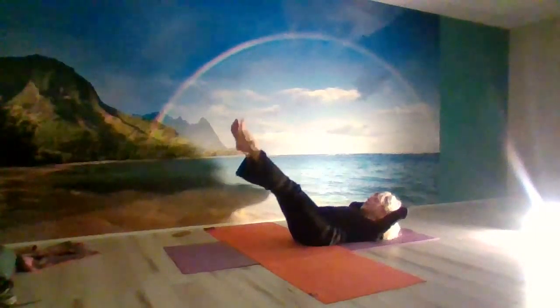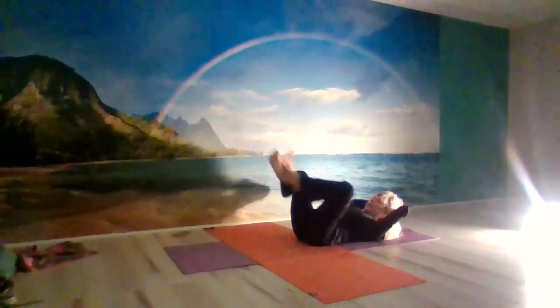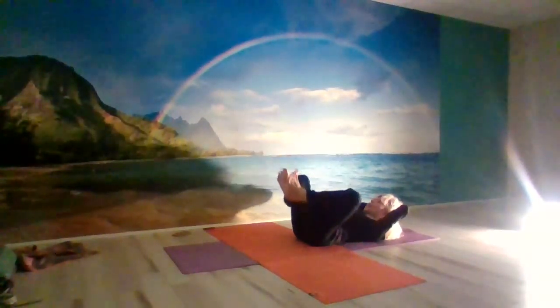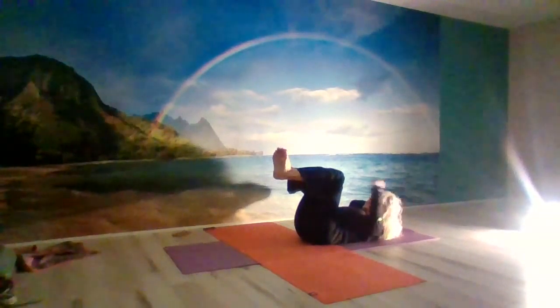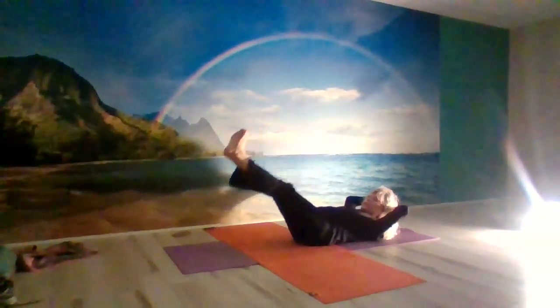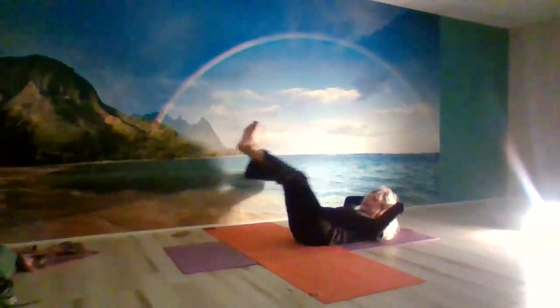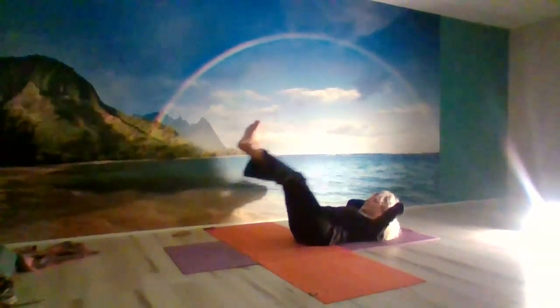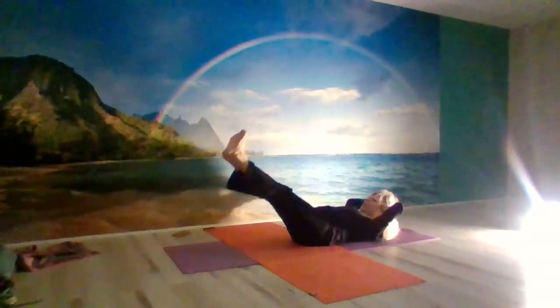Arrow, V. Inhale, exhale, inhale, exhale, inhale. Last two, inhale, one more, inhale, exhale. Now bring your knees and feet together, stretch up all your toes. Let's push through the arches of our feet and then pull back in. Inhale, exhale, inhale, exhale. So as we're doing that, we're feeling that stretch going all the way down the back